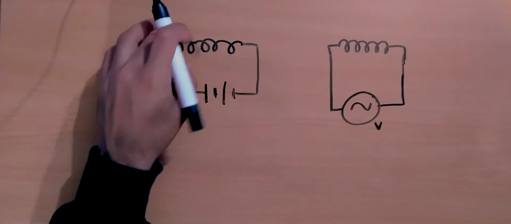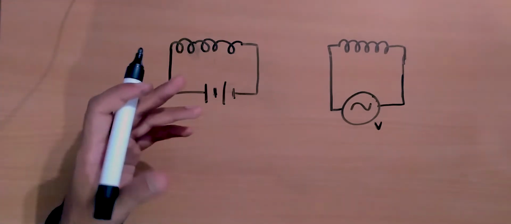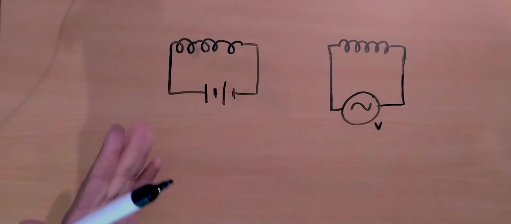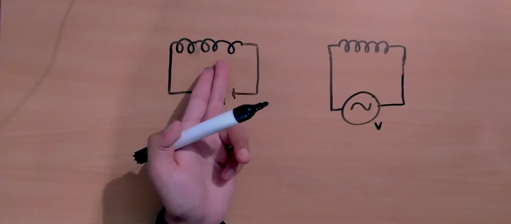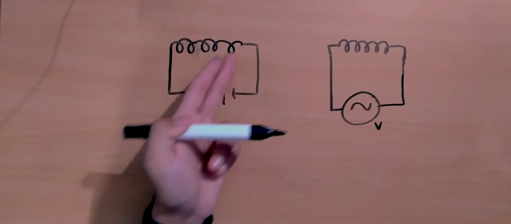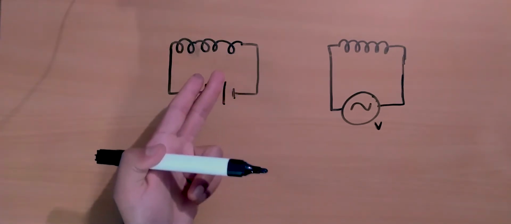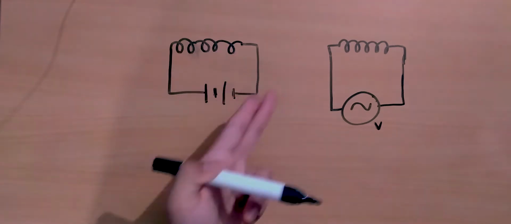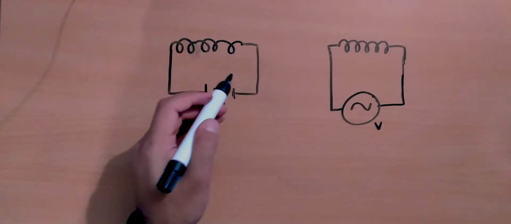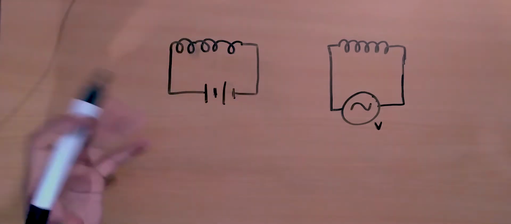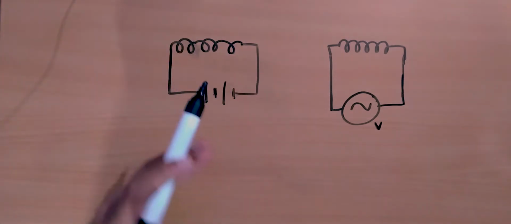Now the source voltage and the back EMF would remain constant, equal to each other. Because the back EMF is constant, we know that the rate of change of flux through the whole coil should be constant, and so the rate of change of current through the circuit should be constant too. I hope it's not getting too complicated. And so what actually happens is the current keeps on slowly increasing,